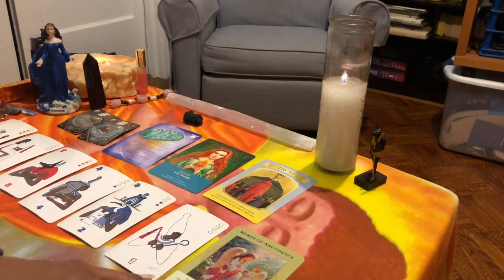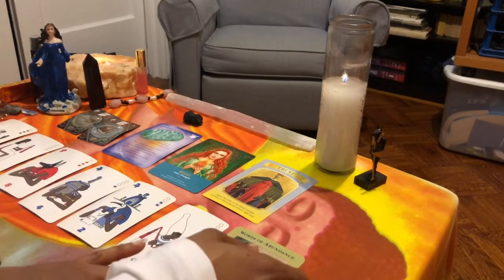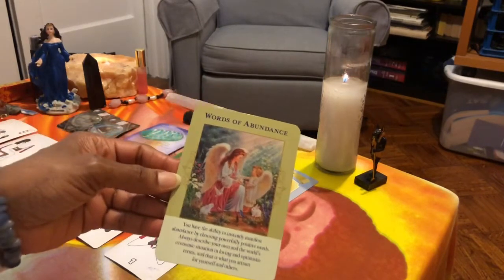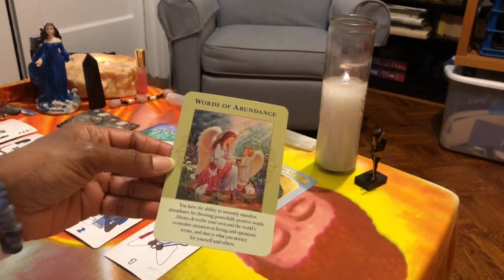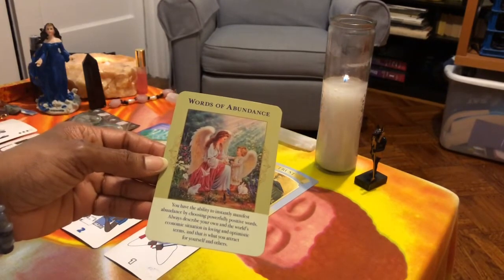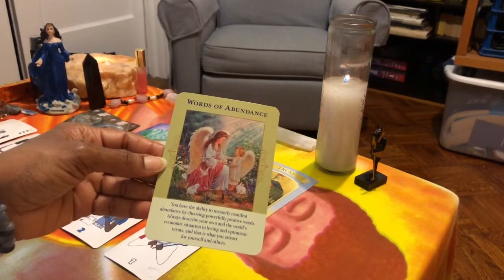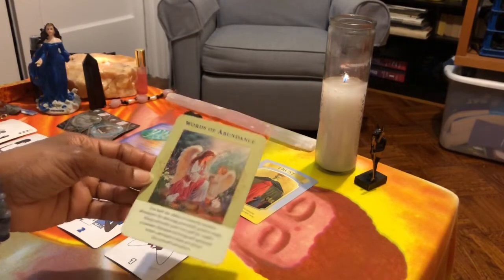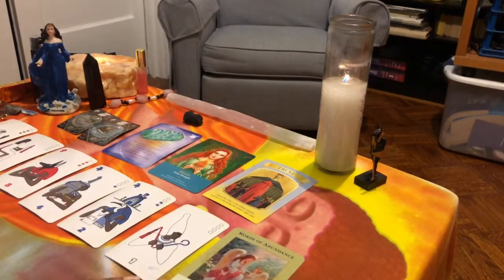So our final word on all of this, for those who chose number 2, are the words of abundance. You have the ability to instantly manifest abundance by choosing powerfully positive words. Always describe your own and the world's economic situation in loving and optimistic terms, and that is what you attract for yourself and others. So this is probably some sort of truth also around money and your beliefs around money. Maybe the secret that's been held, maybe